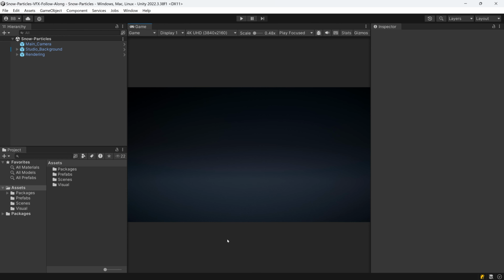In this video, I will show you how to create this particle effect with the VFX Graph. It should be perfect for winter scenes in your game. Let's go! I'm using a starting project that has lighting already set up to make this kind of a wintry